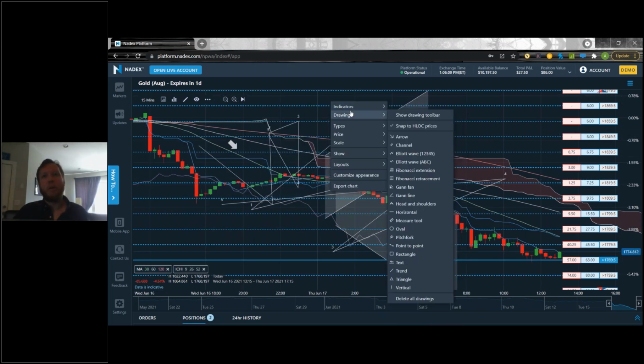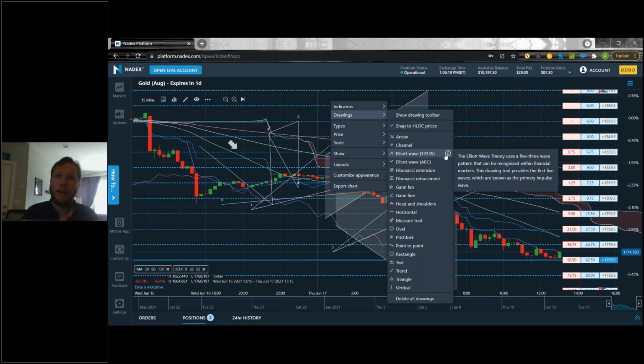Again, on the drawings, you do have this little information bubble. Obviously, I think most of you know what an arrow means, but stuff like an Elliott wave might be a little bit newer to everyone. So you can see, okay, Elliott wave theory uses a 5-3 wave pattern that can be recognized in financial markets. So I can say, okay, now I know what an Elliott wave, or a Fibonacci extension or retracement, are.